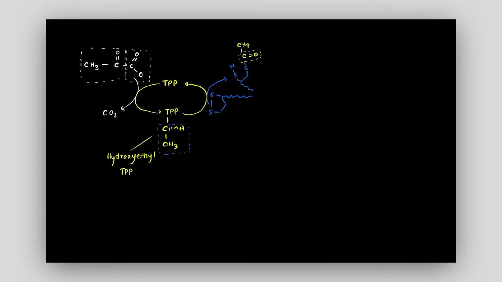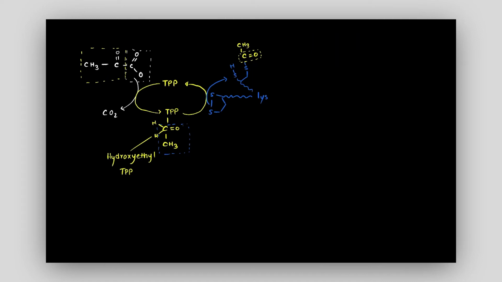This part, let's erase this. This is something like C double bond O. You have an H, you have an H. So this is getting cut off from TPP and it is getting attached to the lysine. I'm going to write it over here. Attached to the lysine,